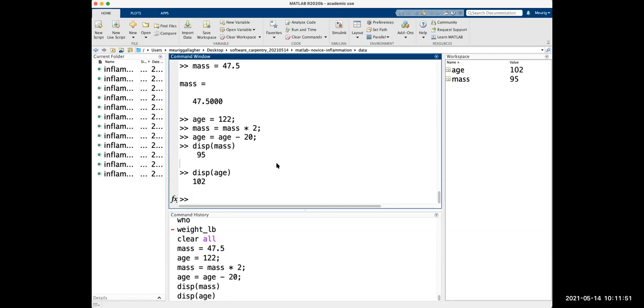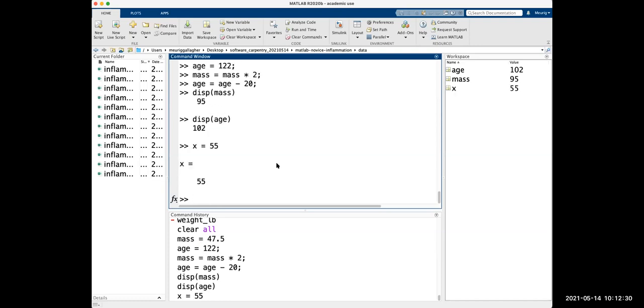But because of that, I think we almost have to be more aware of good practice and how to do things well. So a real key thing with the things that we've been thinking about is your variable names. So you see we've called things age and mass. Those are good variable names. Or we said weight in kilograms, weight in pounds. Those were good variable names because we could look at them and we know exactly what they were containing. The arrays that we called A, B, C, D, those are bad variable names. That doesn't tell us anything about what's in the data, about what it is and what it's doing. You see lots of people just say X equals 55 for your weight in kilograms.